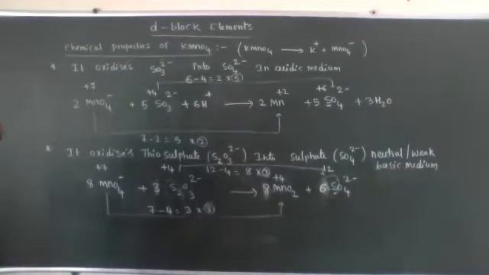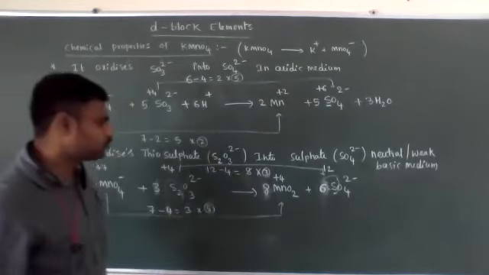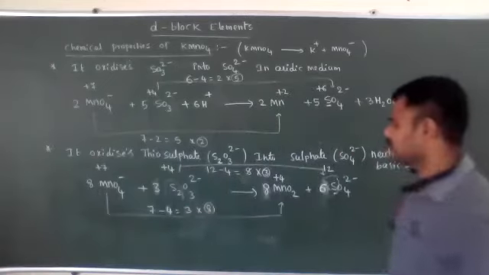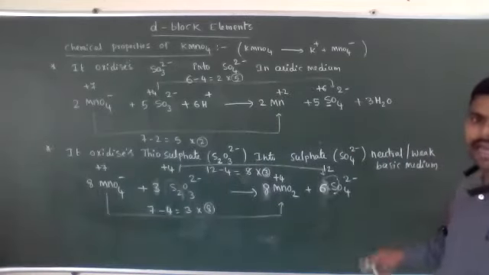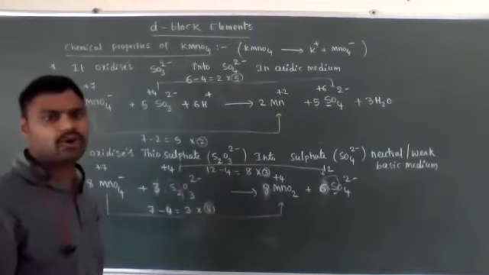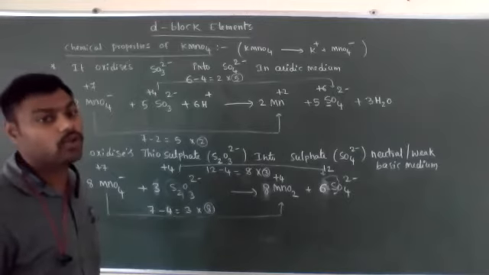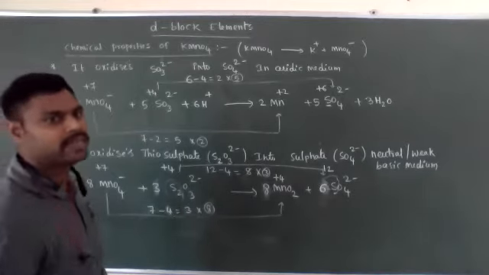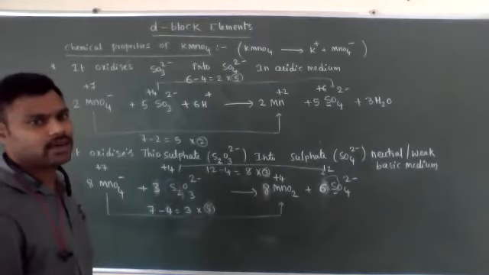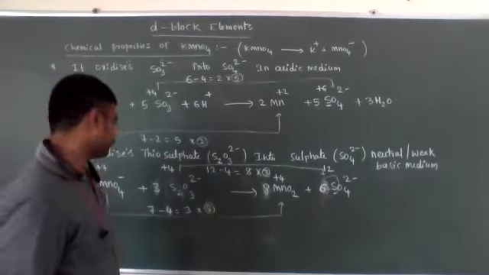This is a skeleton balanced equation. Now next we need to balance oxygen atoms only in neutral medium. How to balance oxygen atoms in neutral medium? Which side oxygen atoms are more, that side only we have to add water molecules. Sorry, OH minus ions. Then opposite side, if it comes for balancing of hydrogen atoms, then we have to add water molecules.